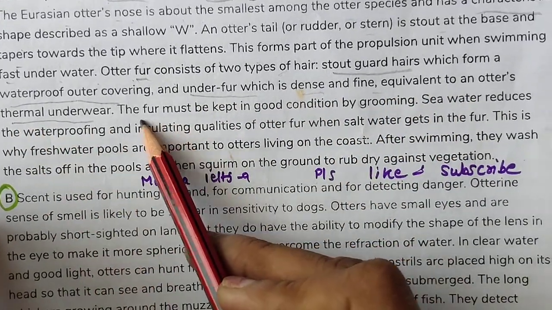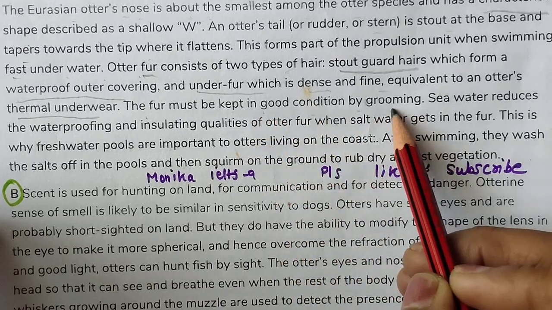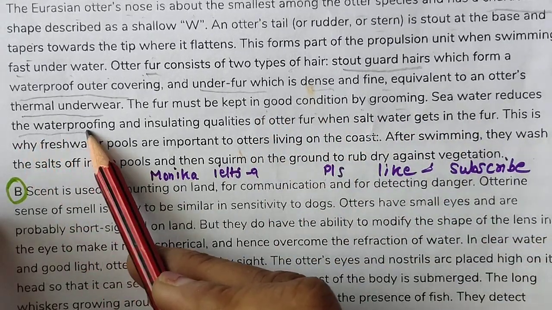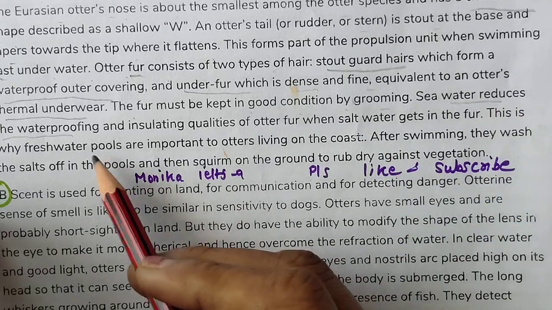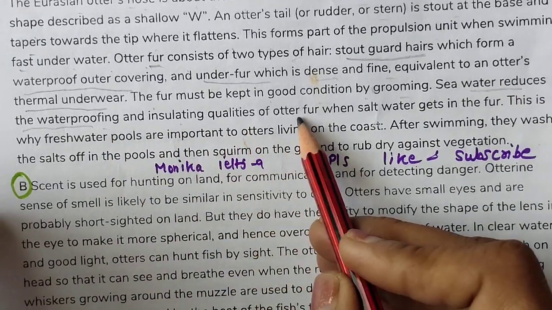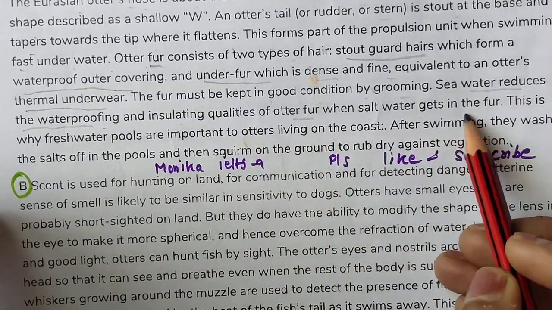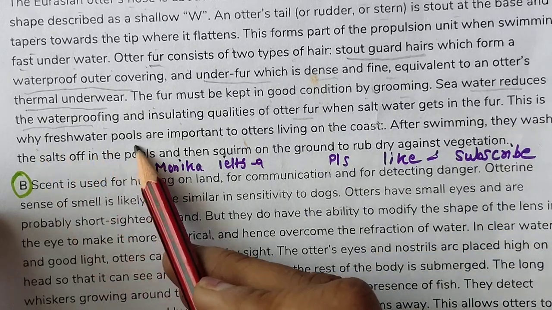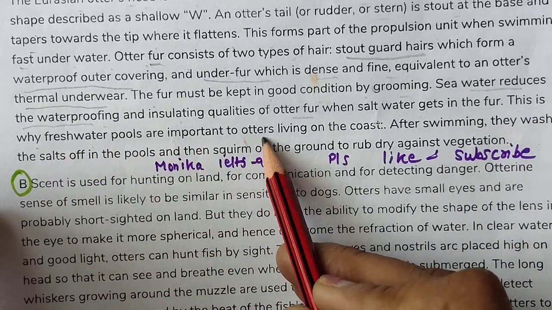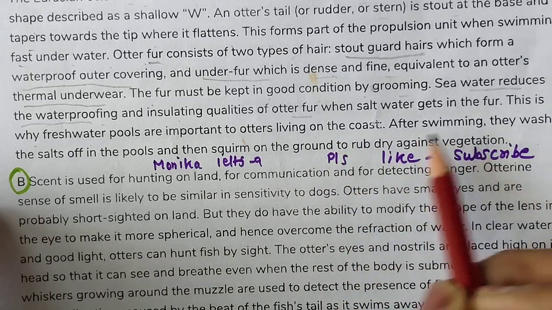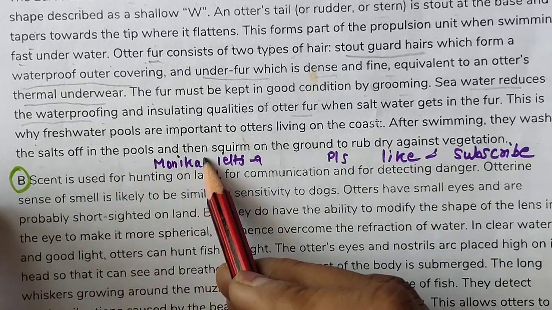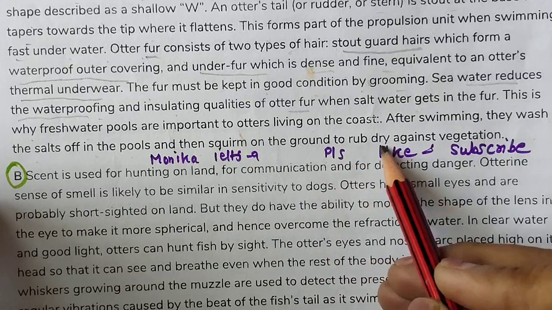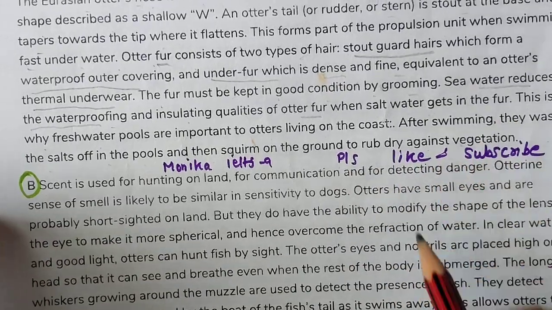Okay, the fur must be kept in good condition by grooming. Seawater reduces waterproofing and insulating qualities of otter fur when salt water gets into the fur. This is why freshwater pools are important to otters living on the coast. After swimming, they wash the salt off in the pools, rubbing against vegetation on the ground. Okay, so